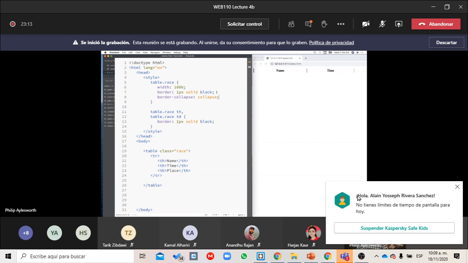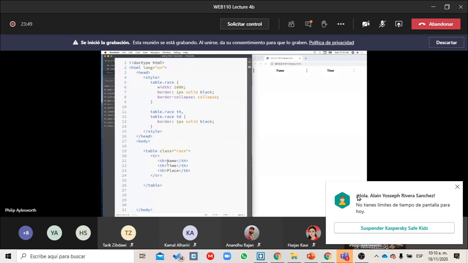Okay. And sometimes when you see CSS properties like this, you wonder, why didn't they just make this the default instead of separate? And it's just historical because the tables, before there was CSS, tables had separate borders. And so when CSS came along, they had to make the default what was already happening in the system. Okay, so that's kind of why some defaults aren't what you would wish they were, but you can just set them, and then you're all set. Okay, so now you can see we just have one border. The borders are actually on top of each other,